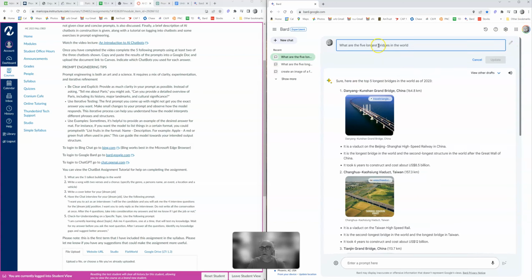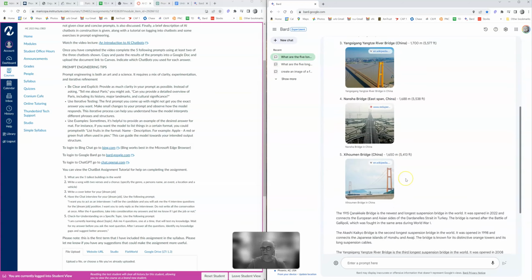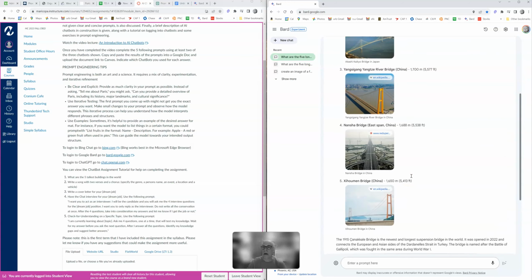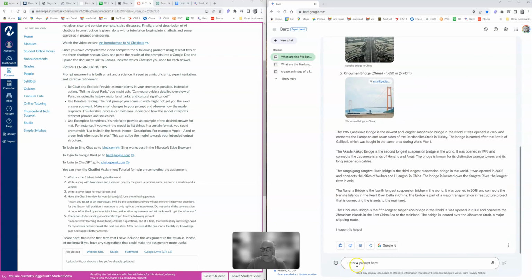So I'm going to say, what are the 5 longest suspension bridges in the world? Let's try updating that and see what it gives me. And here we go. We have a nice list. There's a lot of description about it. Interesting, but right now I just need to cut and paste a bullet